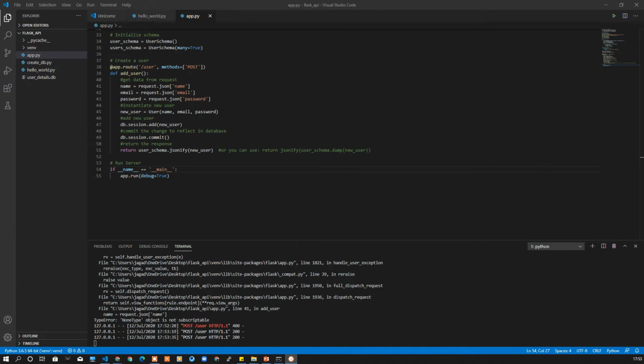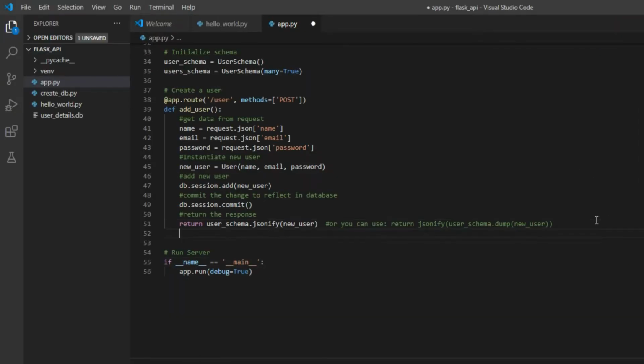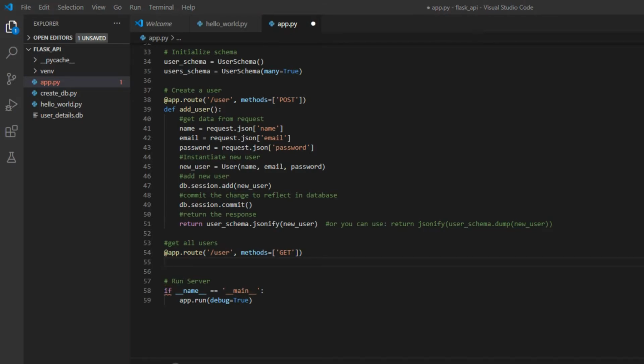Okay, next we are going to define another route that is going to handle the GET request. Let's do that by creating another route. That route is mainly responsible for handling the GET request from the user. So in /user we are going to handle the GET request. For that, let me define the function, and we have defined the function name get_user, and inside that we are going to write our code.